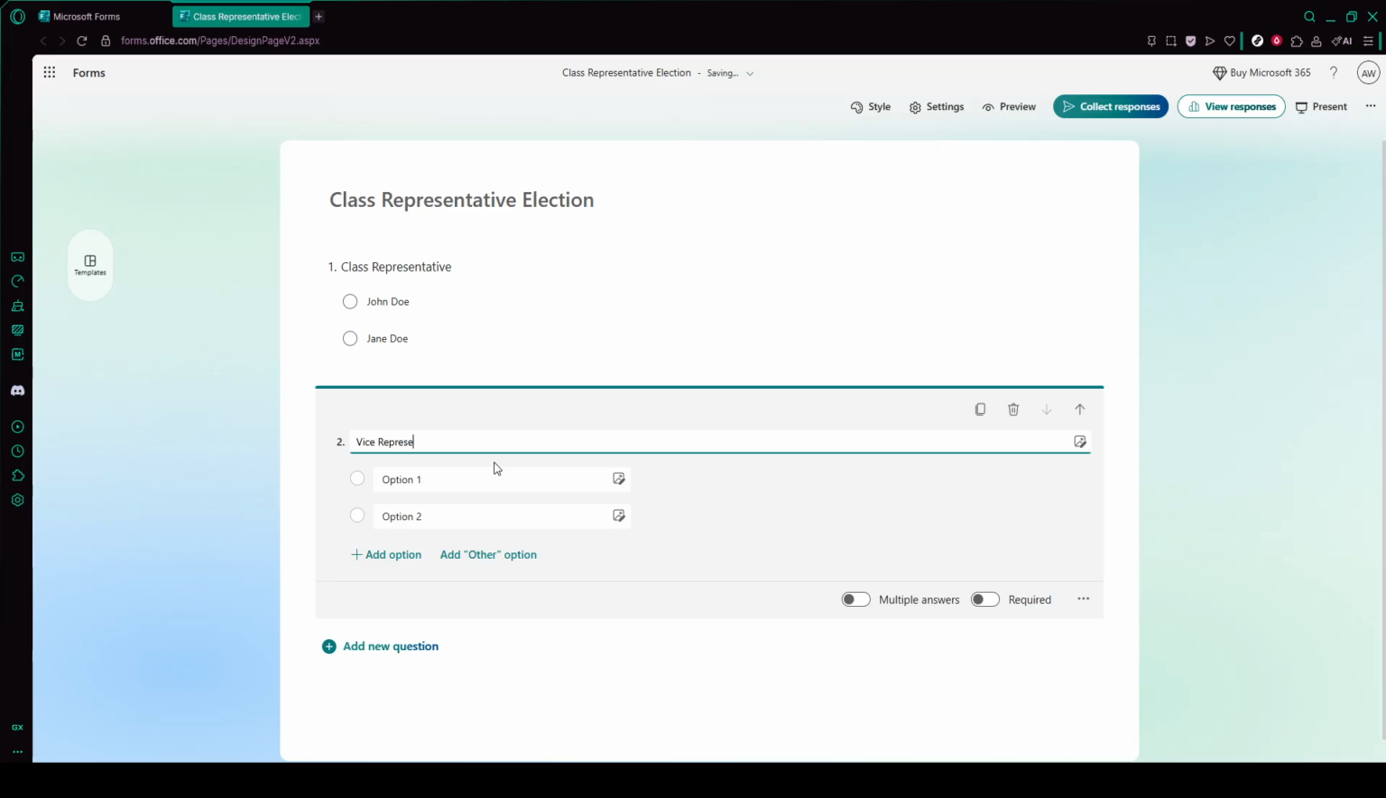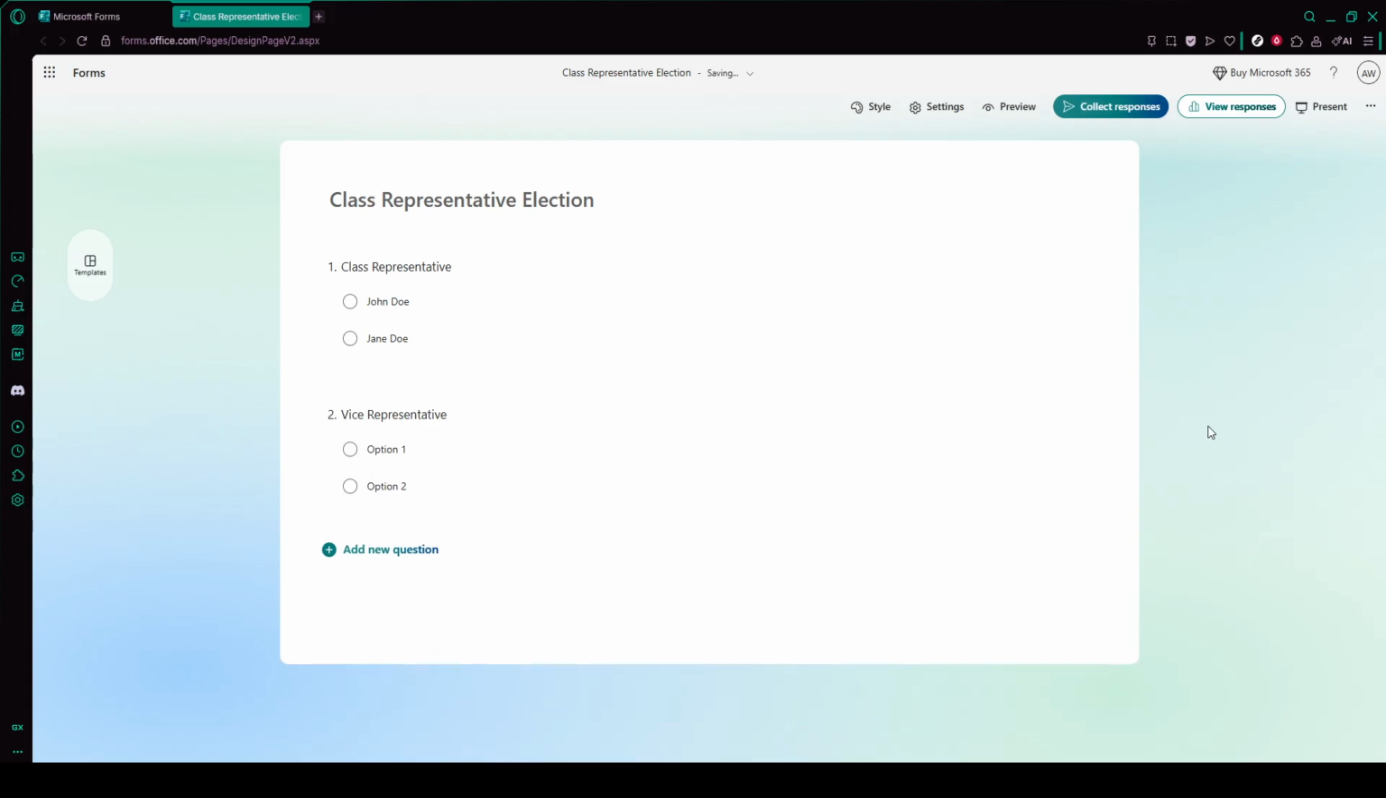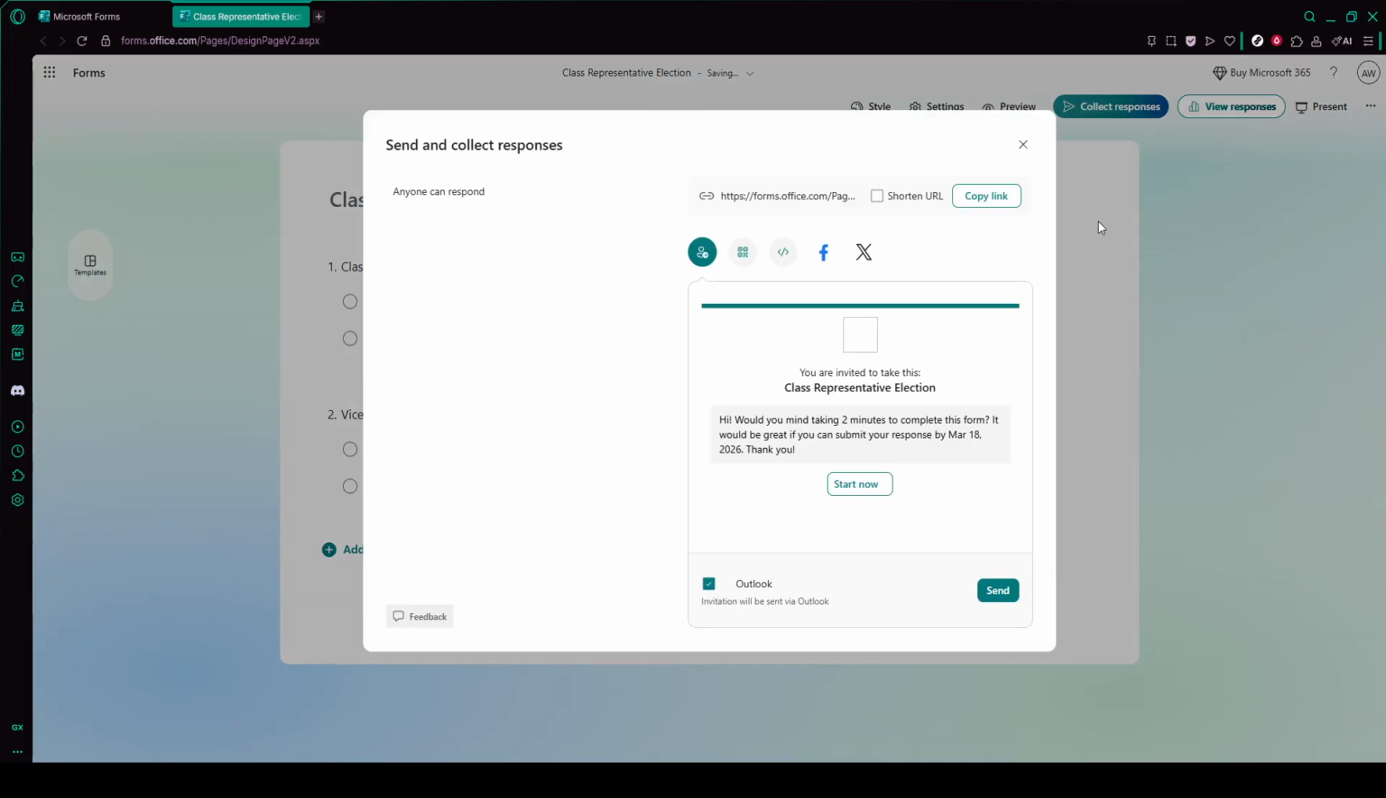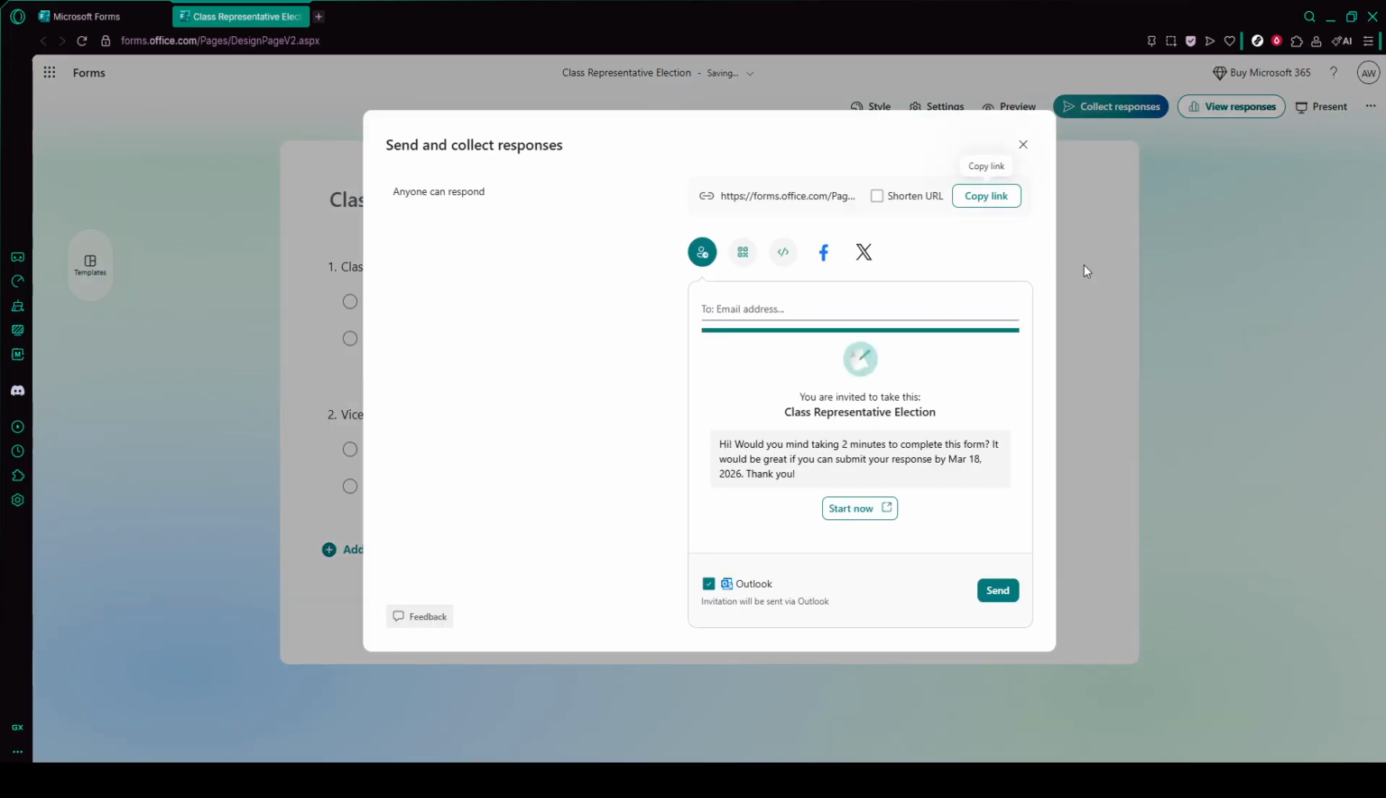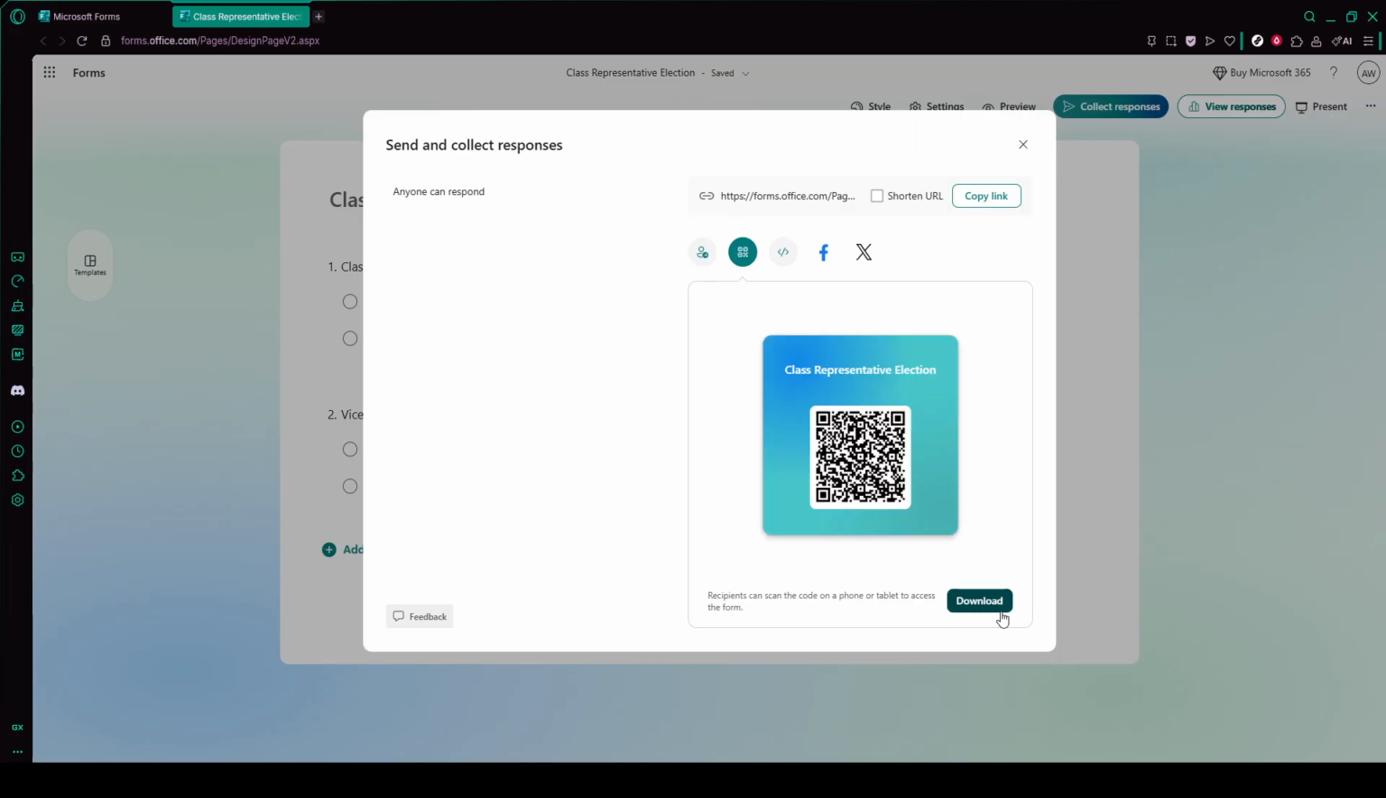Once your question and options look good, it's time to share the form so people can vote. Click the send button near the top of the page. This opens up several sharing options. You can copy a link to the form and paste it into an email, a chat, or a document. You might also see options to generate a QR code or share directly to certain apps depending on what's available